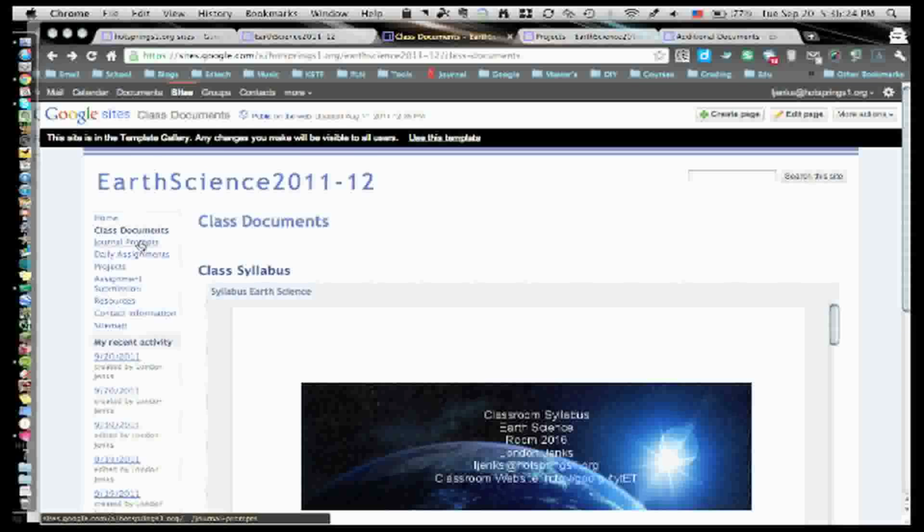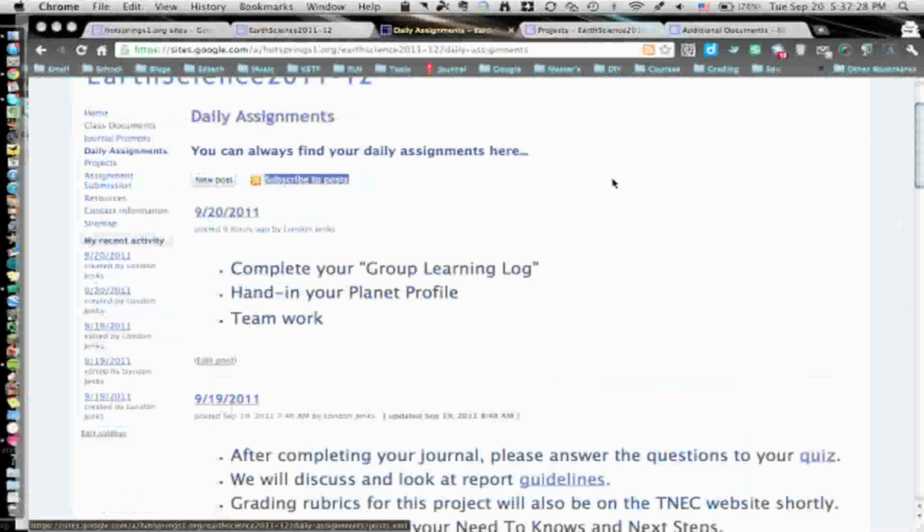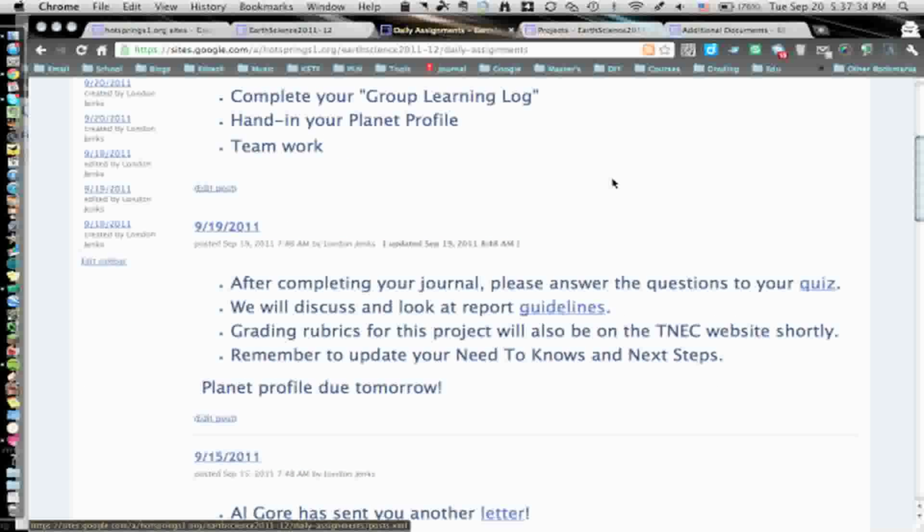We have journal prompts, which are every day. Students have a blog where they will be posting their responses to these journals. Under daily assignments, you have each assignment that I assign each day, and this is typically Monday through Thursday, with our Fridays as half days. Generally, those are remedial and work days, or advanced topics for students that have those opportunities, but since that switches every other week, it's not applicable to all of my classes, so I don't post those there, and we work on what we need to work on for that class each week.